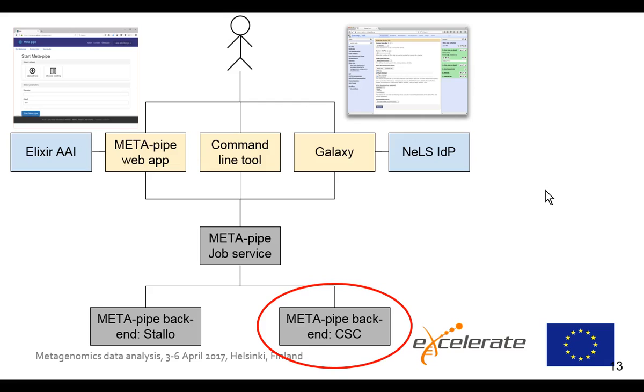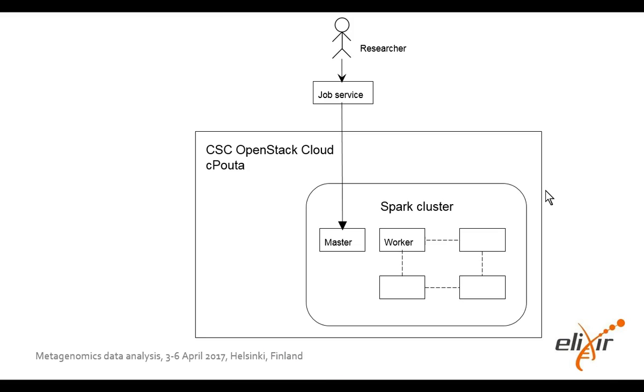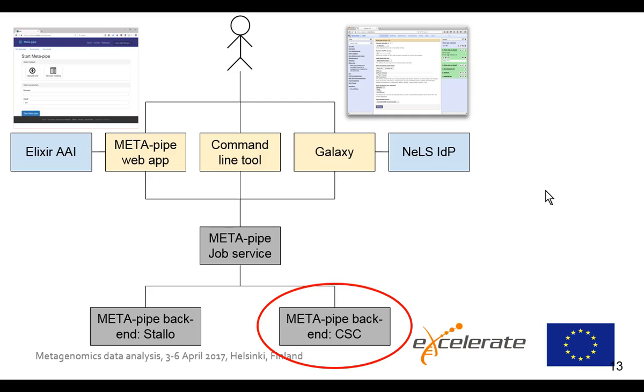When a job has been submitted through one of these tools, it will be sent to the MetaPipe job service, where it will go to one of the executing backends that actually does the job of running MetaPipe. And for this course, all the jobs will be sent to CSC and run there. So if we take a closer look at what happens here,